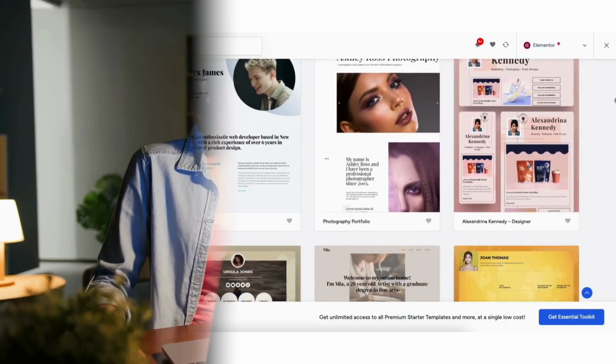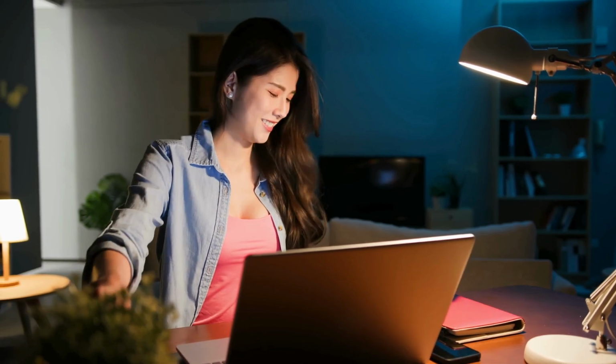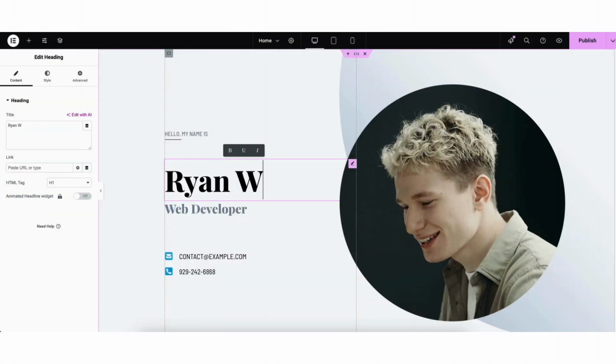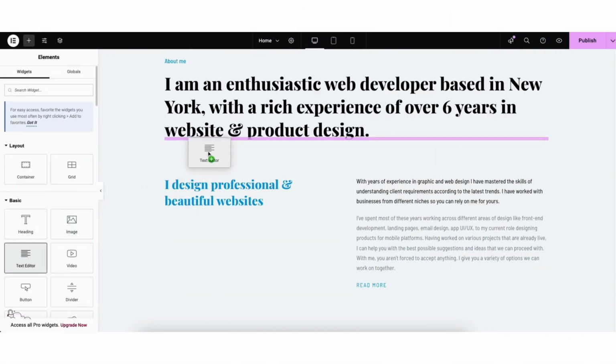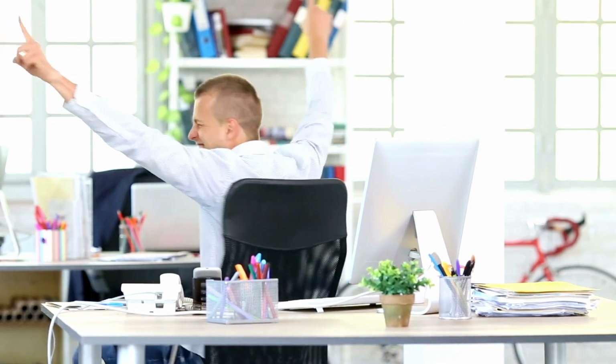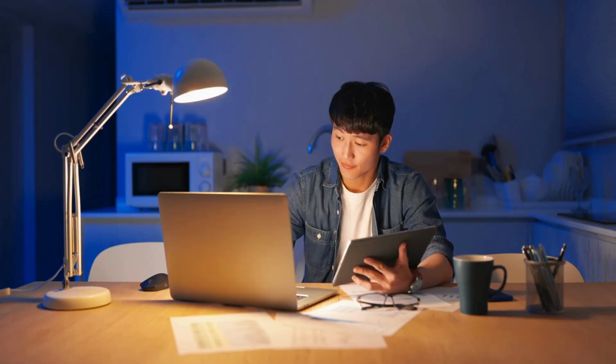You now know how to access pre-made professional templates, how to make a freelancer portfolio website in WordPress, and making edits to it using the drag and drop editor, Elementor Page Builder. That is my WordPress freelancer portfolio website tutorial going over how to create a freelancer portfolio website for your freelancing business step by step.